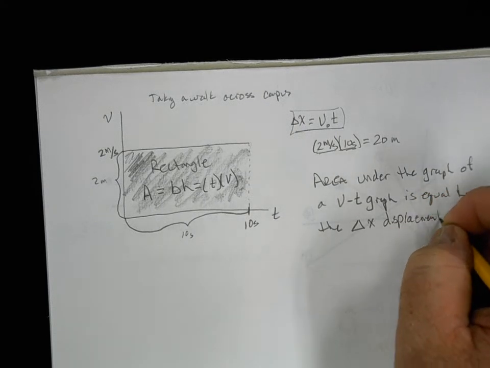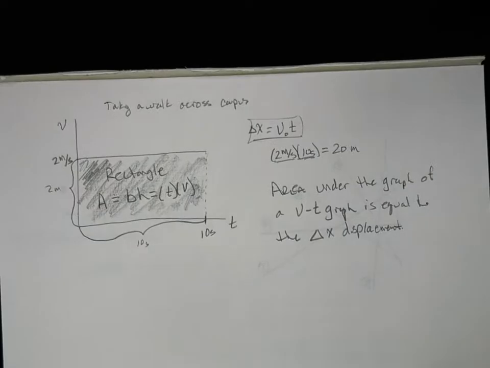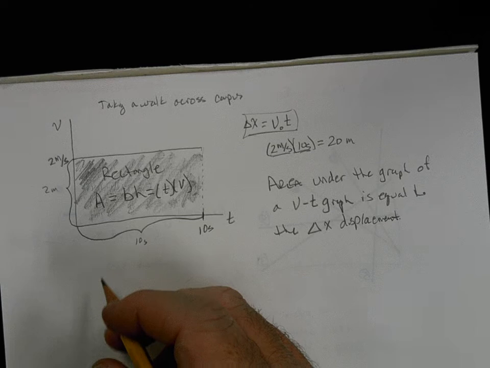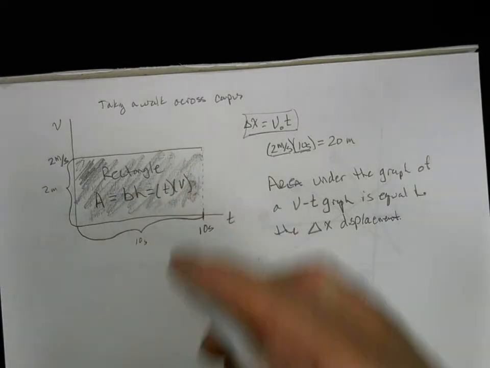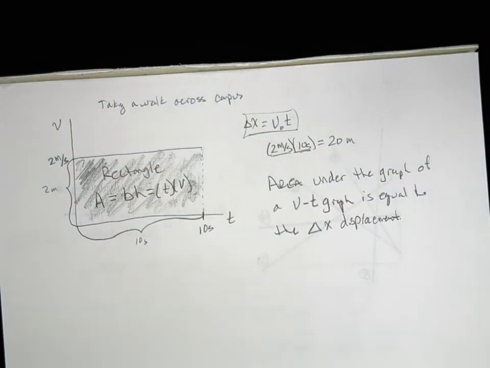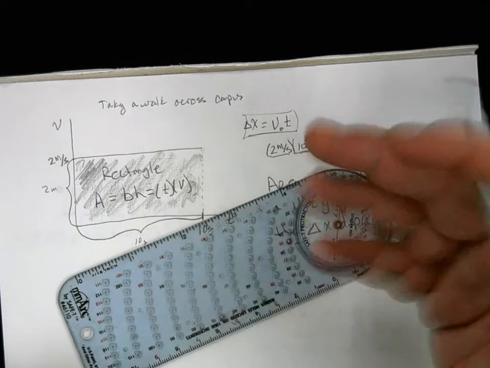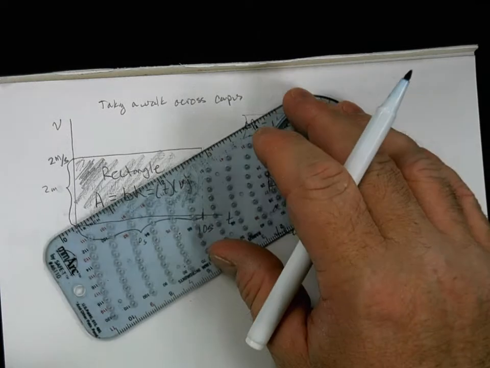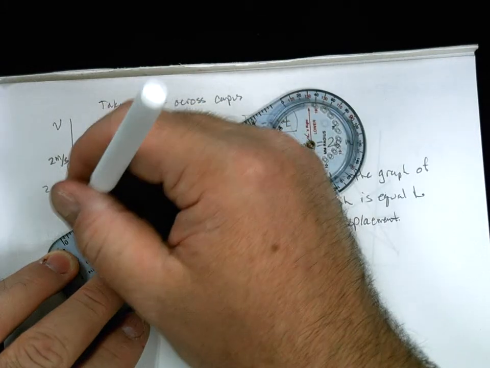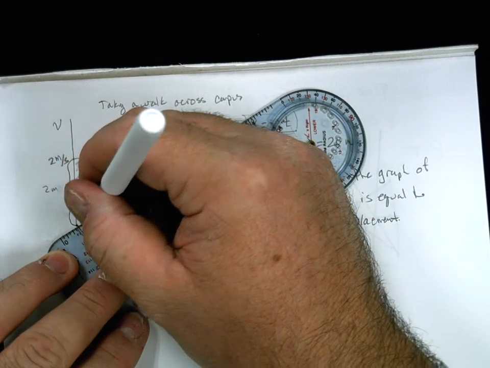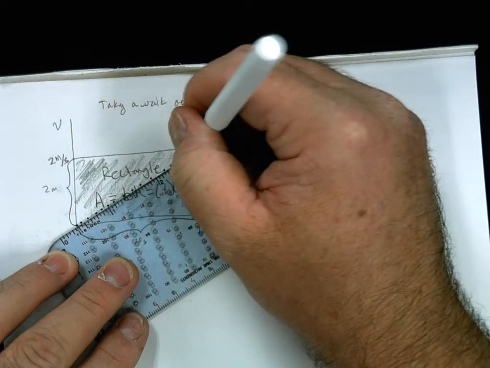This is a pretty important idea, and it doesn't just work with rectangles. So let's do a different one. When I first get started walking, you don't start at 2 meters per second, you start at 0, and it takes me a bit of time to get to top speed. So